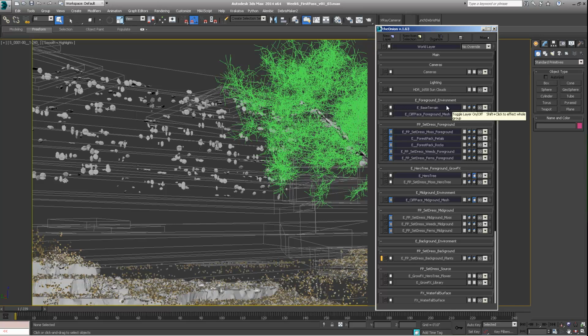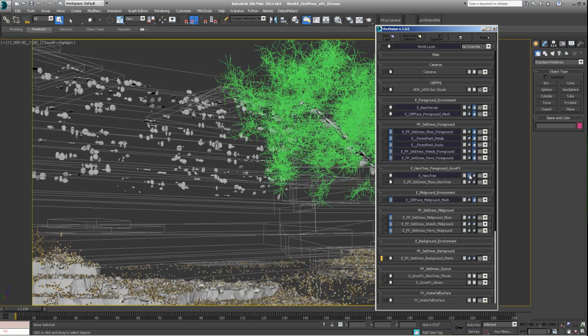So obviously each of these will be matte object, and then for just the rock surfaces, this is where it's like, alright, well, you actually want